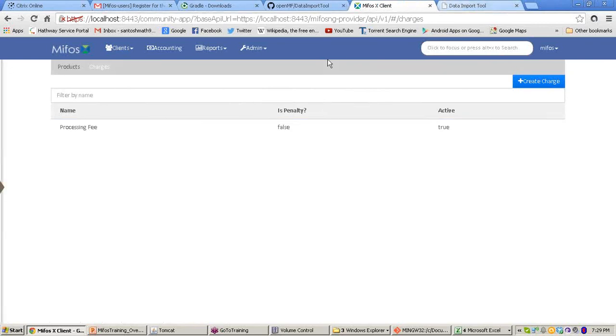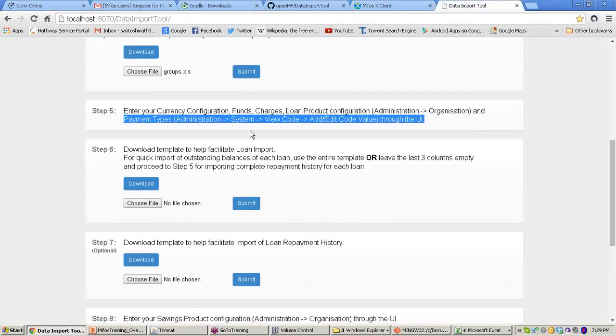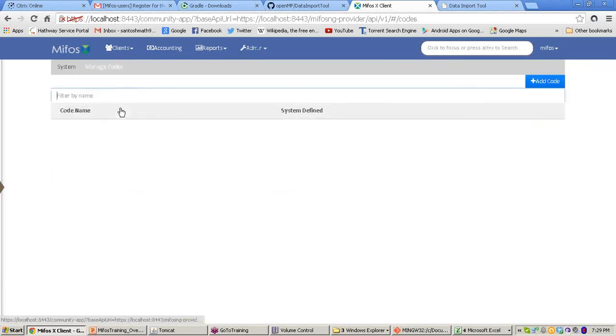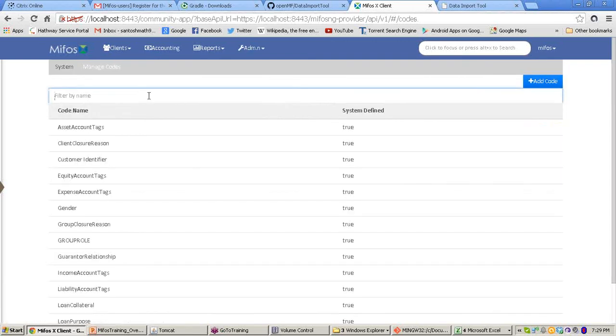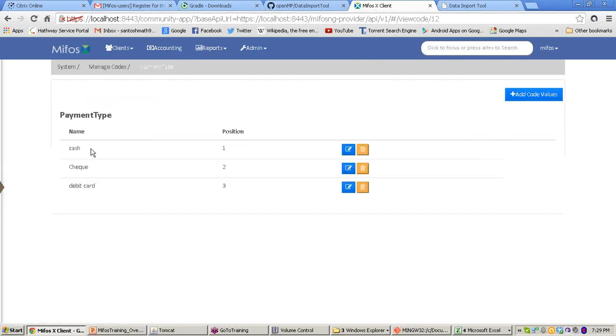It may be for loan, I think. Okay, it is for loan. And next, similarly, payment types. Let's check it. Go to the system, manage codes. Let's check payment type. We have defined them, no problem.